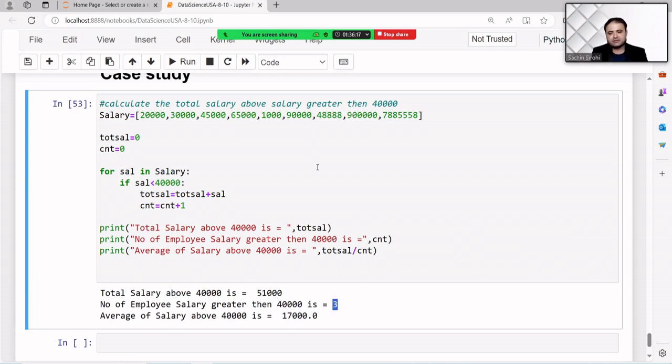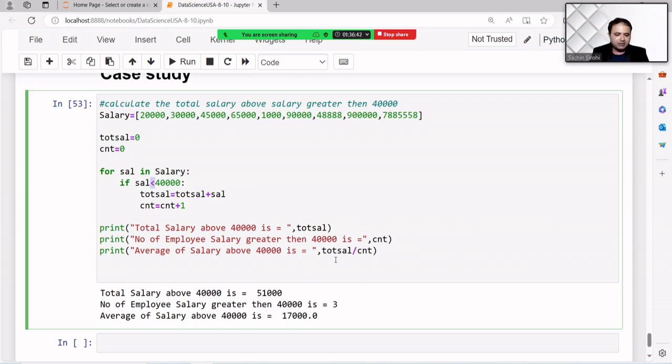So it is a logic, and there is no need to change the entire logic. We have changed only the less than, and the less than automatically takes those values, totals them, and the CNT also executes until the values are there.